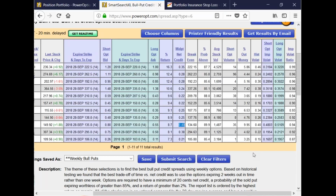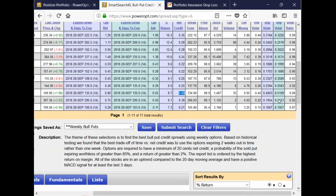But remember, when doing any credit spread, if you're looking for an option that has higher implied volatility because you're hoping to collect more premium because it's higher valued, remember that the second option you're buying on the same stock with the same expiration is also going to be higher comparatively. Here we get a fantastic higher net credit on this position, but at the same time,